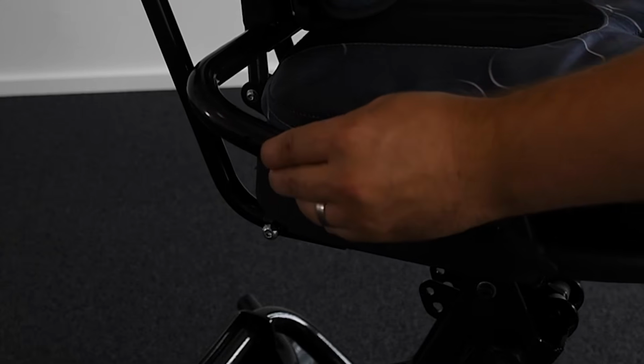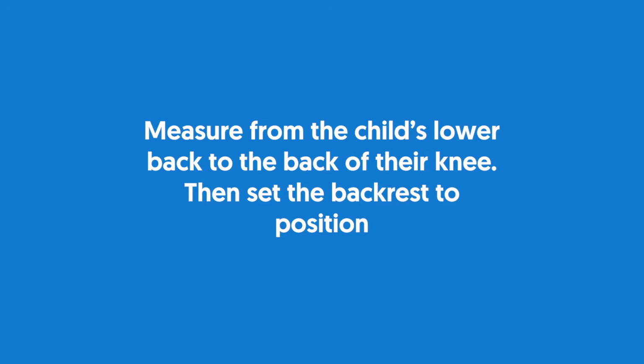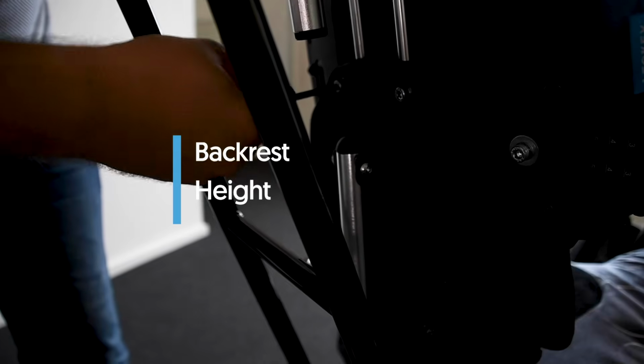We recommend that you measure the child's upper leg length to define the required seat depth, SD. To do this, measure from the child's lower back to the back of their knee, then set the backrest to position. Backrest height. The overall height of the backrest can be adjusted by loosening the 2 socket cap bolts, then